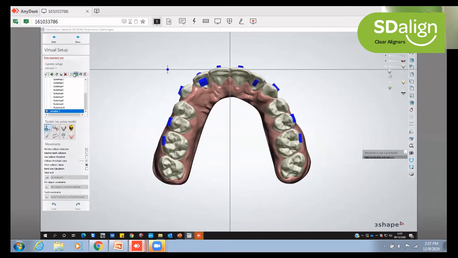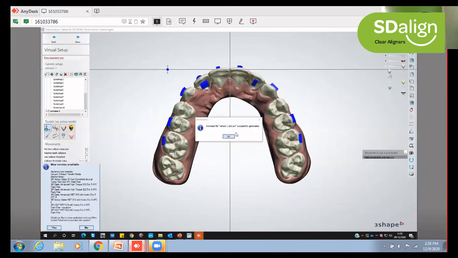Now the canines will start correcting. Now we have taken the 1, 2 and 1, 1 slightly tipped lingually to close the residual space, and then the overcorrection in the end.